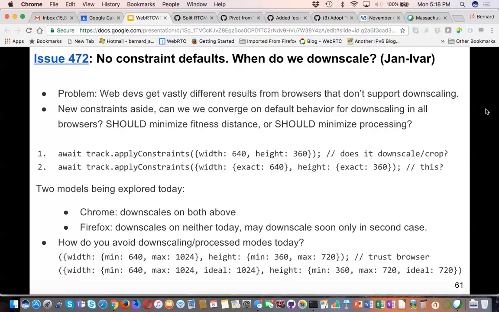So the effect then is that unless people put in width exact 640, height exact 360, only if they do that will it downscale lower than Chrome and Firefox in the future. And if they forget to use the exact constraint, it would scale in Chrome and not Firefox.